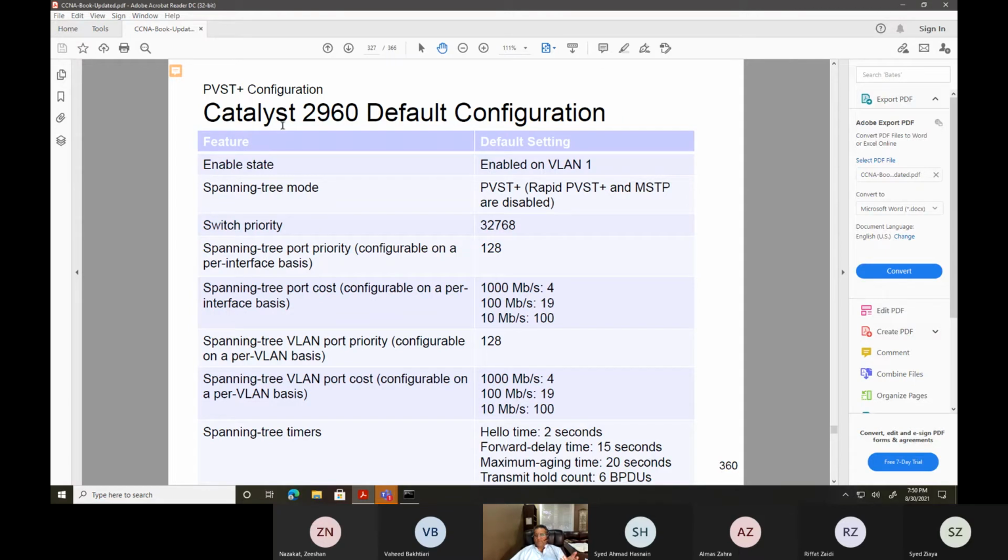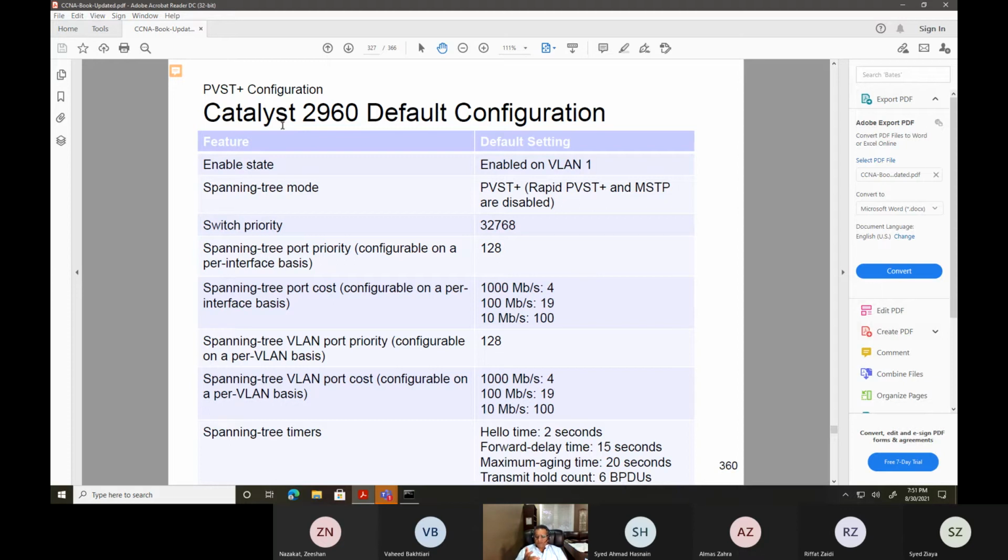I've just put this in for 2960s, but whatever your model is for the device, you can simply go and look at the default configuration, what it can handle, and what it is capable of.